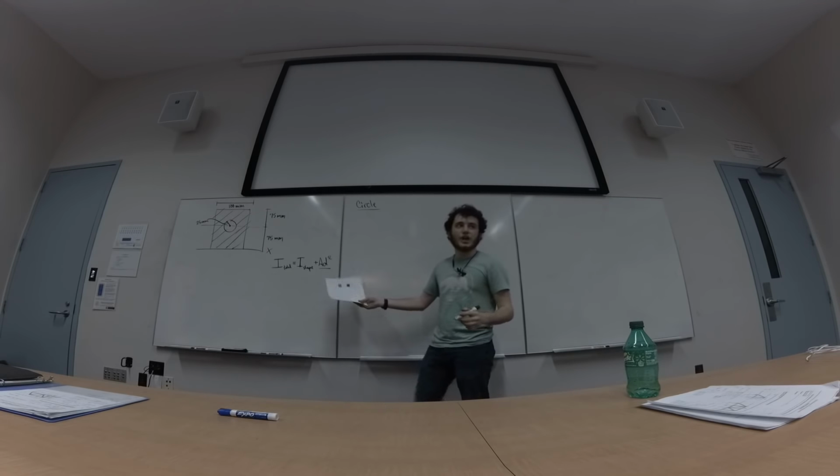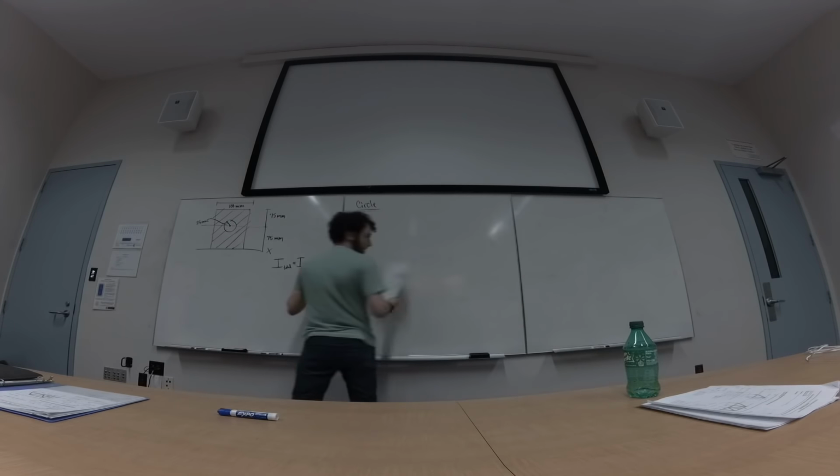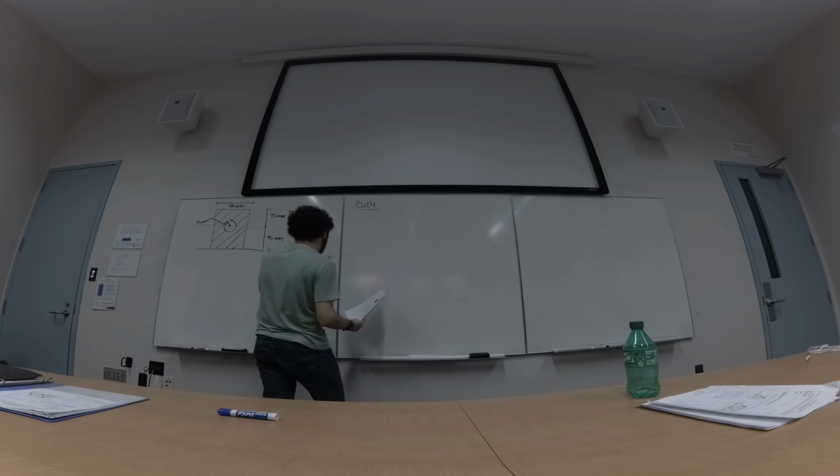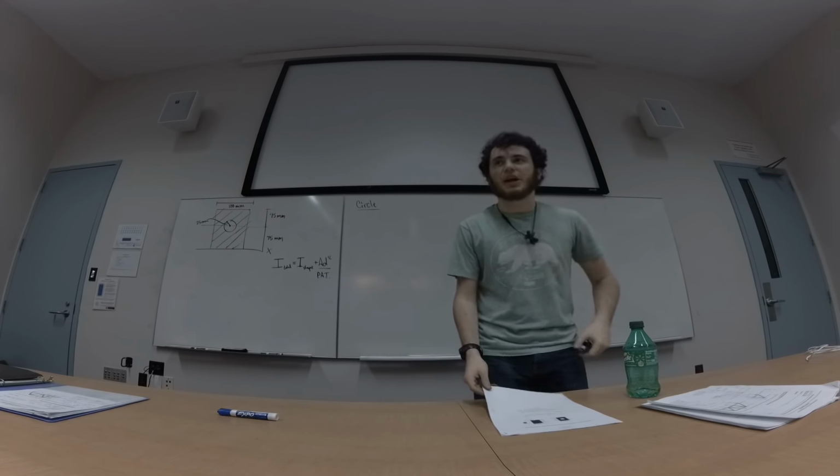Does anyone know what that Ad squared comes from? It's a theorem. Exactly. Thank you. So that comes from the parallel axis theorem, and this is something I don't know if